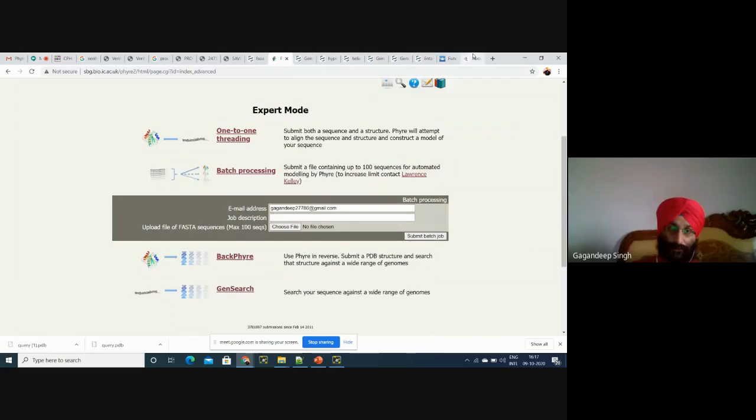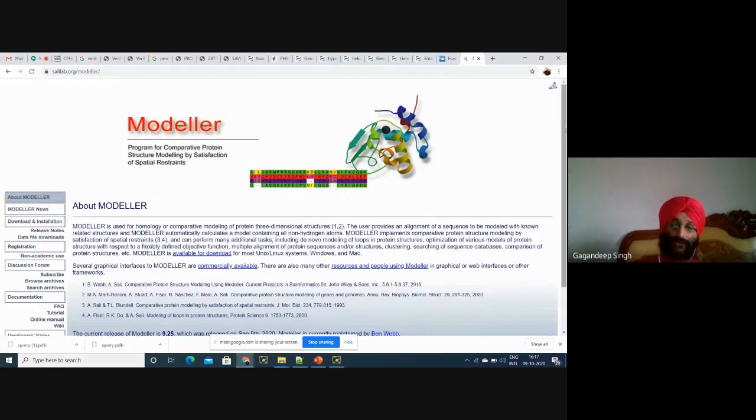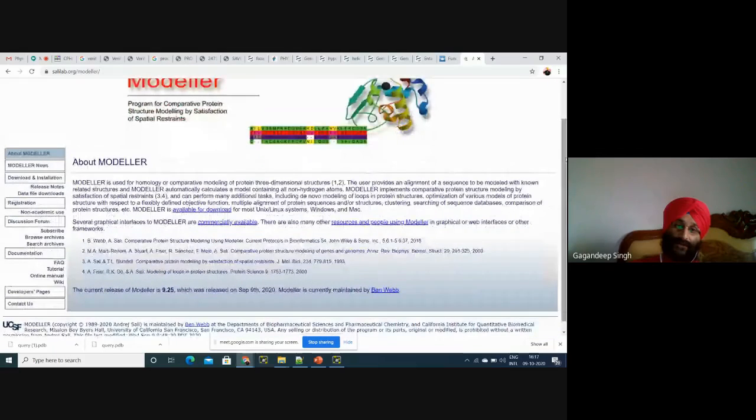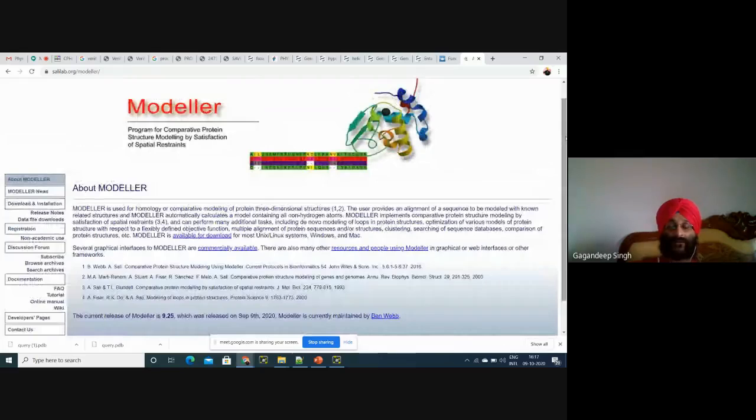Finally, we'll do some modeling by using MODELLER, which is a very important and widely used software in bioinformatics. For MODELLER, we have to select a template, and we'll generate our model by our own command lines, and we'll do all these things only in offline mode.